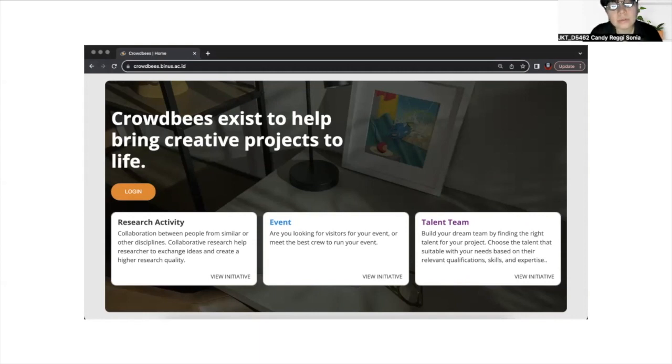The faculty, school, or center has a personnel in charge of each event who can make one special page for research activity, and they can also publish the event, so we can get participants and also the talent team for each event. Yeah, we talk about the student as a committee.